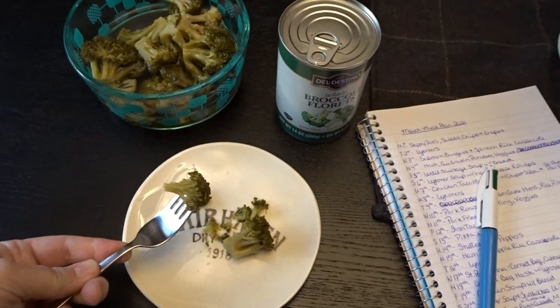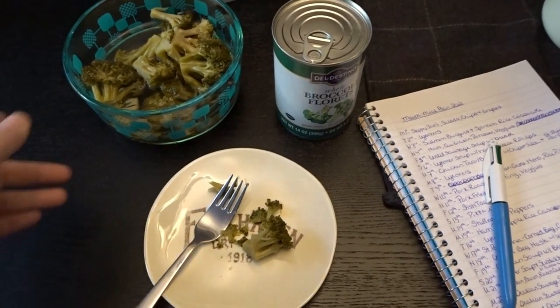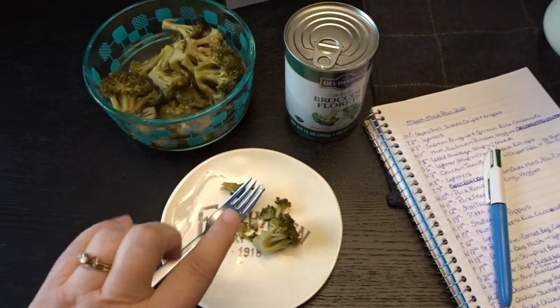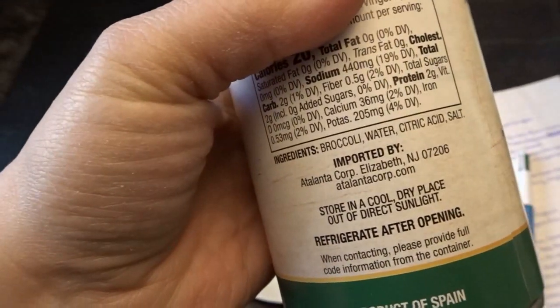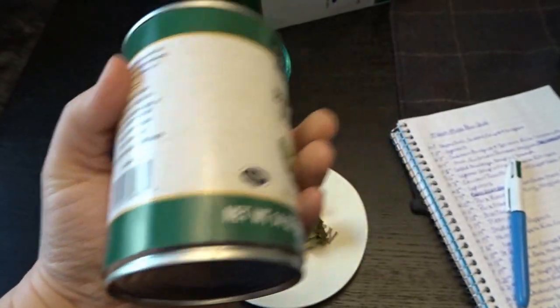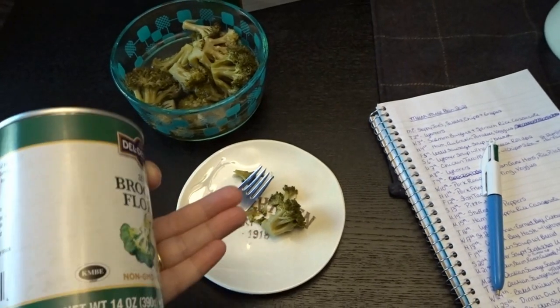And let me give this a taste here. So surprisingly, they are pretty tasty. I'm pretty impressed. They're a little strange. They're very crisp, which I really appreciate. I think that that's really neat. And it says here that they are made with citric acid, and perhaps that is the slightly bitter flavor that I'm picking up in these. They have a little bit of a